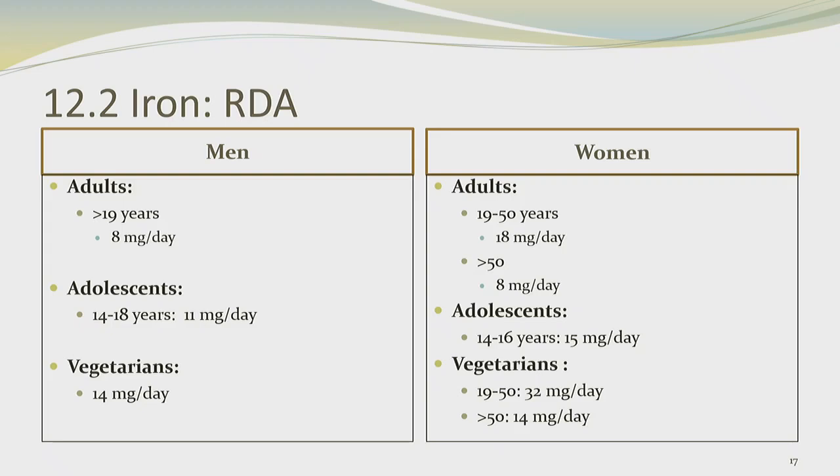And so for individuals that are getting iron solely from vegetarian sources, we can see that the recommendation is even much higher if you're getting your iron mainly from vegetarian sources. Okay. And so here we can see for men, it goes as high as 14 milligrams per day, again, to compensate for the non-heme form in which it exists. And then for vegetarian women, it's 32 from 19 to 50. This is the reproductive age group, to compensate for having a lot of non-heme